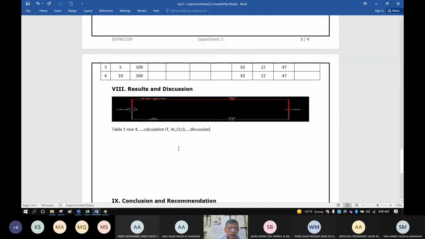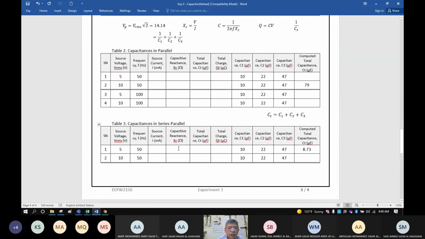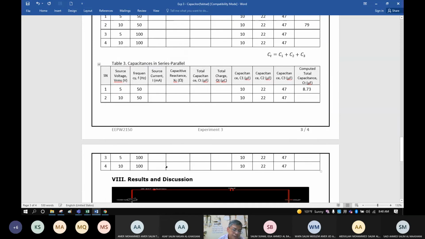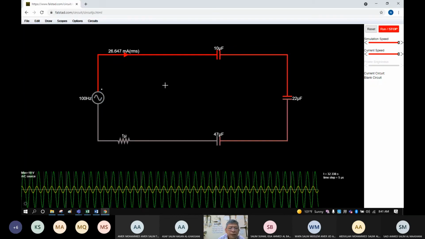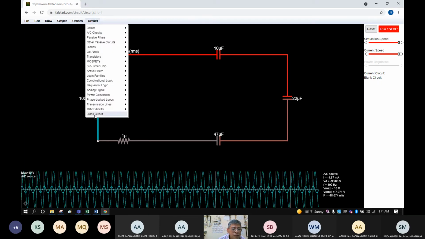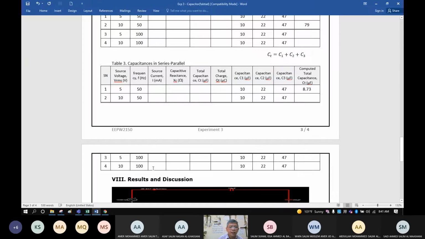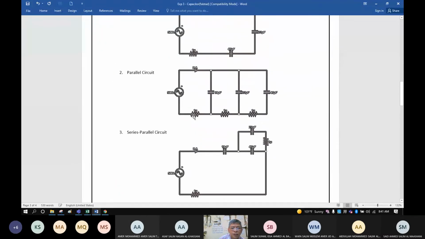So it's now your task number 1. It is now my task number 1. Later, I will give your task. Anyway, you know already the system. So since the time is not enough, so we will go to parallel. So blank circuit here. Then we will construct the circuit. What is our circuit? Parallel. Very simple. Circuit only. Parallel like this.